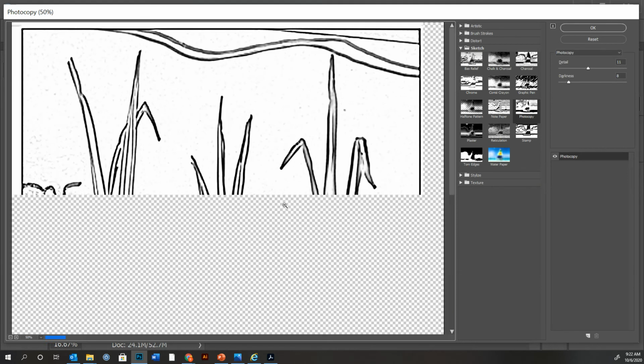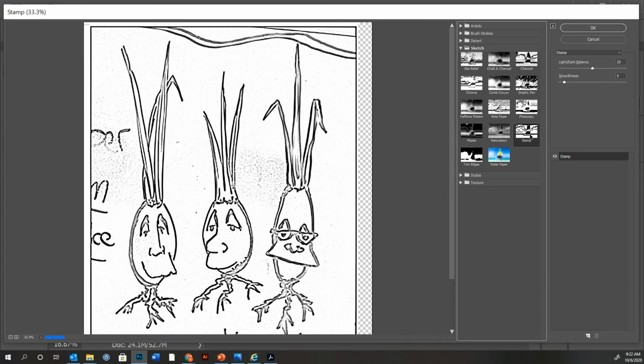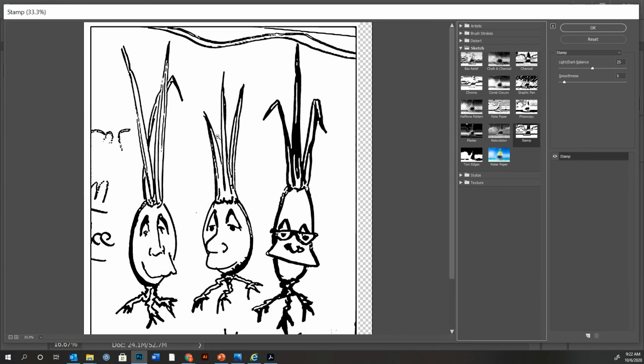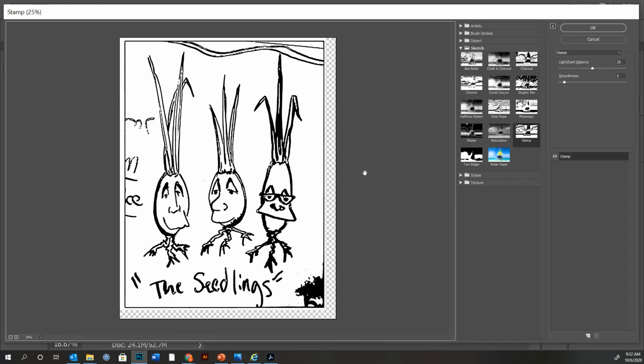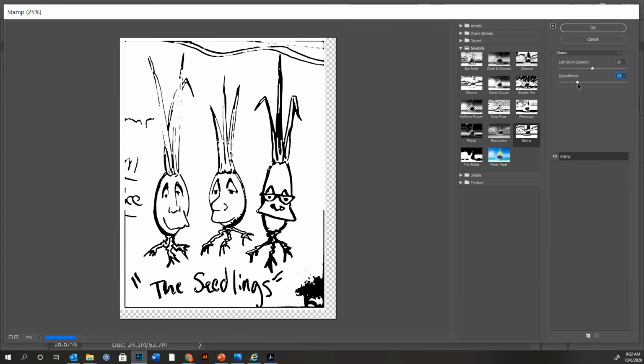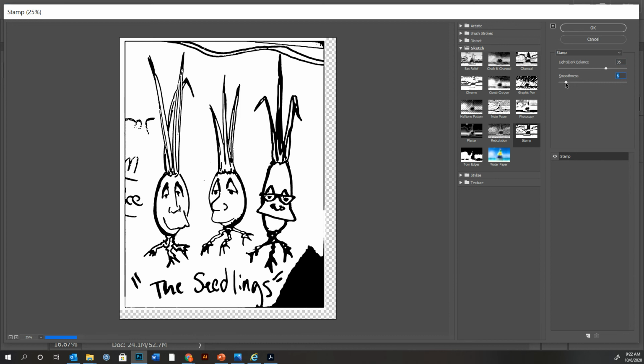And in this particular case, it looks like photocopy is not really giving me what I want. Check out the stamp filter. And that's a lot closer to what I'm looking for. It's not perfect, but let's see what I can do here with smoothness. Maybe a little darker. I don't know. I'm getting some weirdness happening down here. Maybe I want it less smooth. Yeah, it's looking okay. You know, what this doesn't do for you is improve your drawing in any way. It's just kind of, I mean, maybe a little bit. You could be getting some better edges going on,